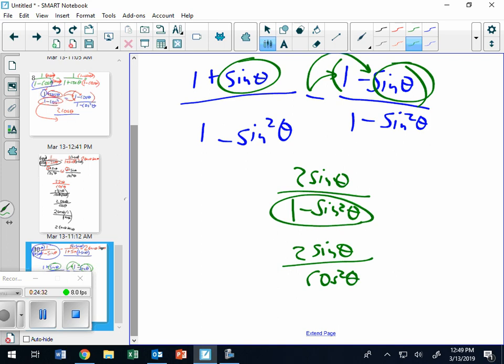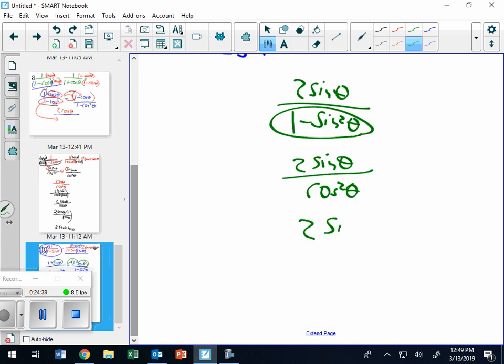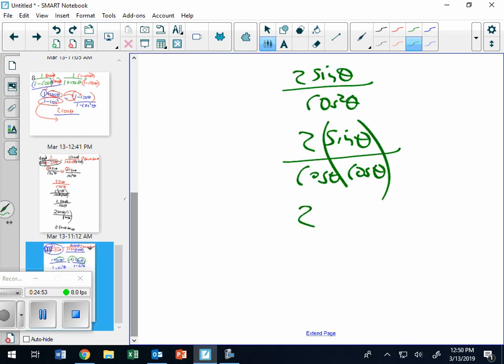And now I'm going to replace one of these cosine squareds. I'm going to split it up into 2 of them. 2 sine theta over cosine theta, cosine theta. That one right there, I'm going to turn into my tangent. And I'll have 2 tangent theta, and I still have a cosine theta on the bottom. So